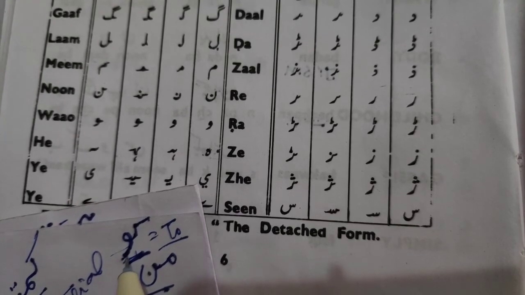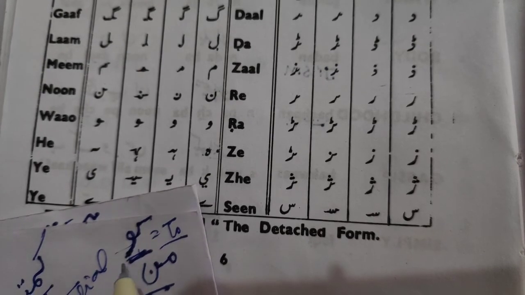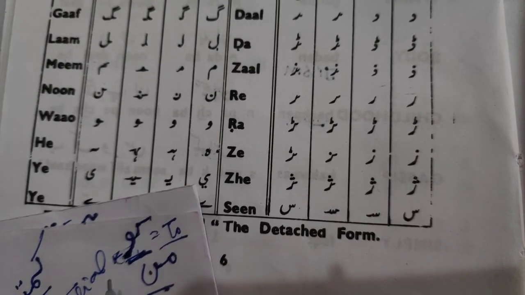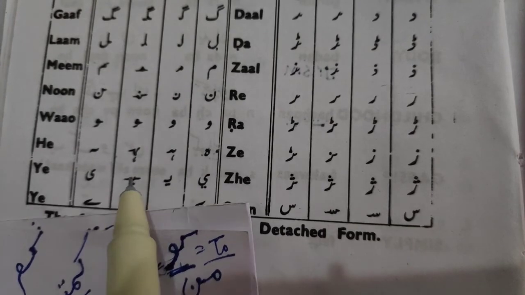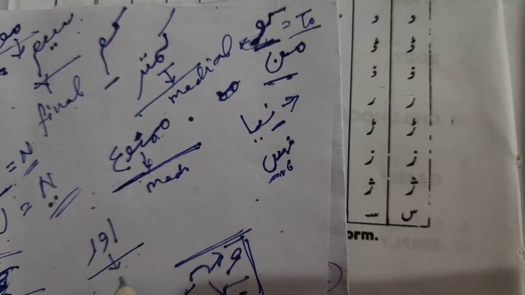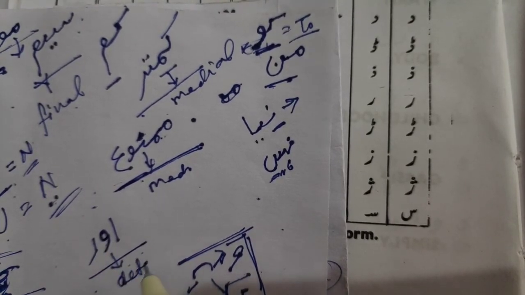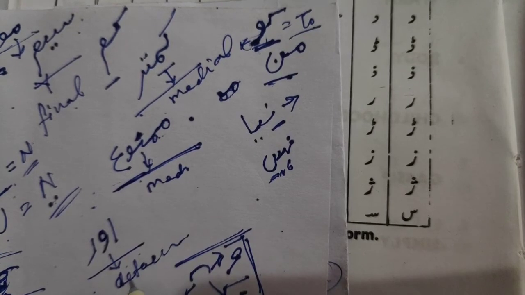After wow, dal, re, no letter is allowed to touch this wow. Okay, I hope you got the point of what I'm saying right now. So wow in initial and wow in final are the same. Like if you write or: alif, wow, re, here is or. In this you can see the wow in detachable and full form. Or when it comes in initial, wow looks like this.